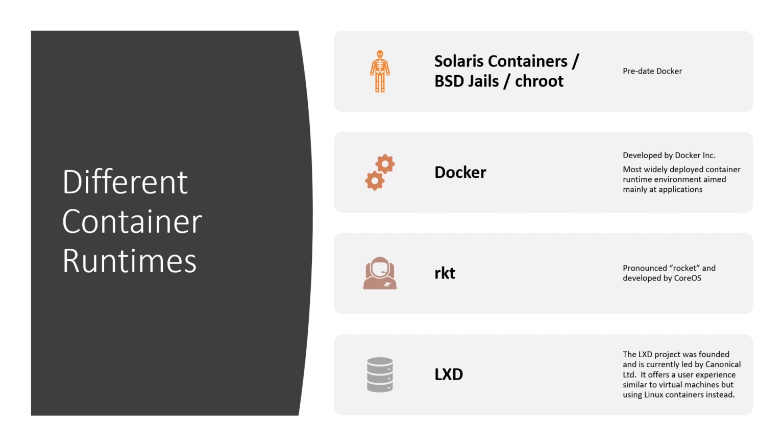Rocket. Rocket was basically introduced to address some of the shortcomings of Docker, particularly on the security side. And so basically, in addition, they have a lot more rigorous security requirements than Docker. So it's a little bit more hardcore than Docker. LXD came out with Canonical, and it's another thing. It's more like virtual machines, all right, and kind of gives that virtual machine look and feel, but it's with containers.